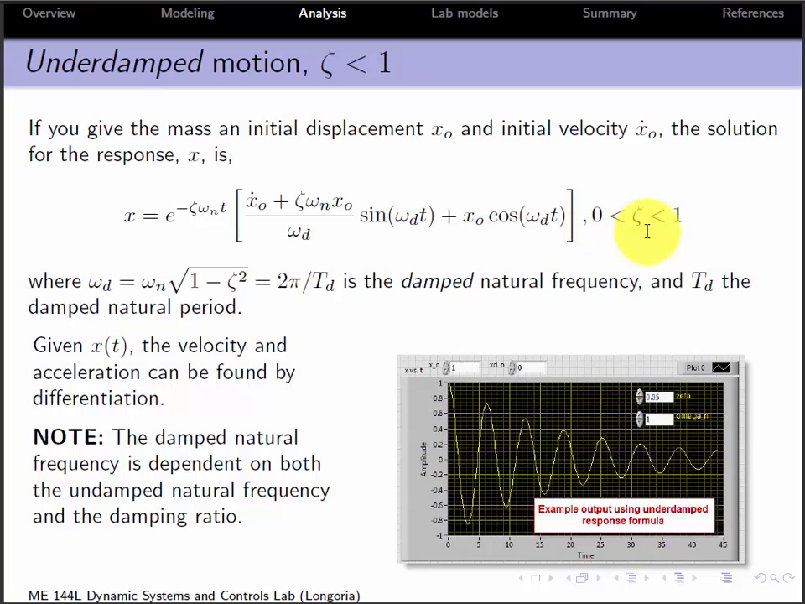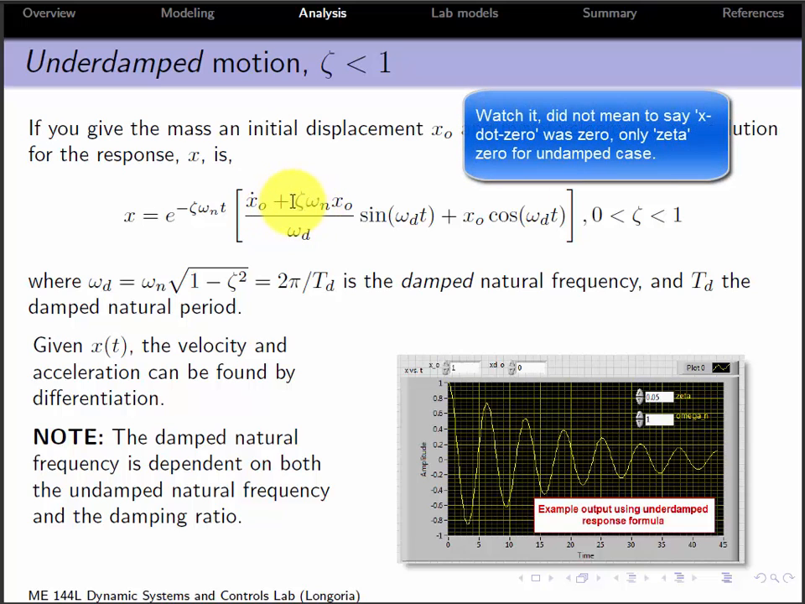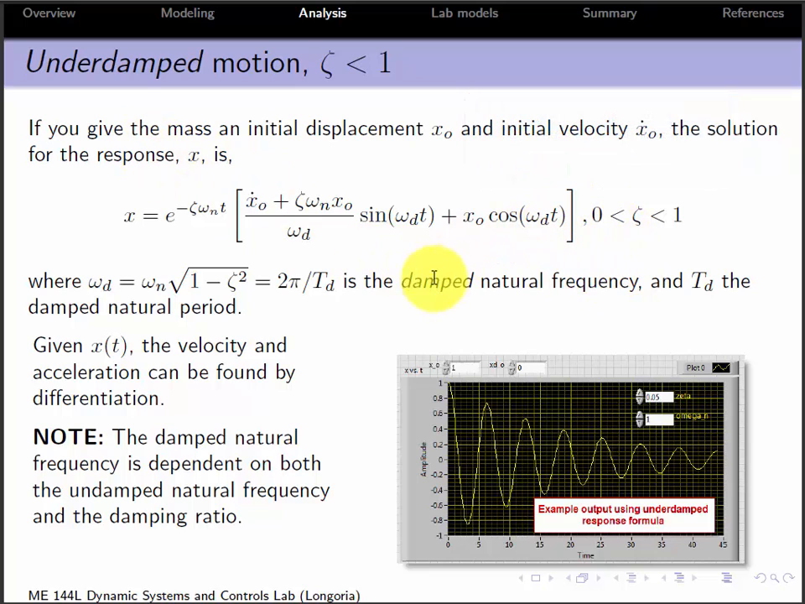By the way, this is the solution here, x for zeta values between 0 and 1. Actually, it includes 0, because if you were to make x naught equal to 0, and zeta equal to 0, this defaults to the undamped case that we've looked at already. So this should include 0. And so note you have